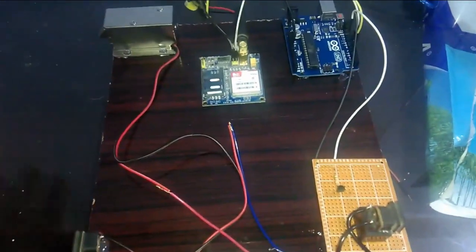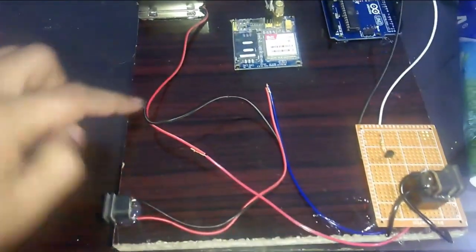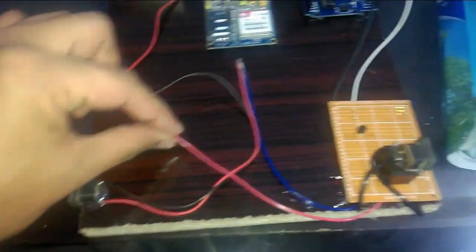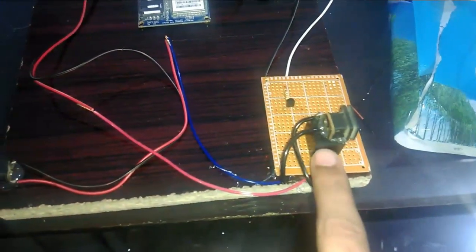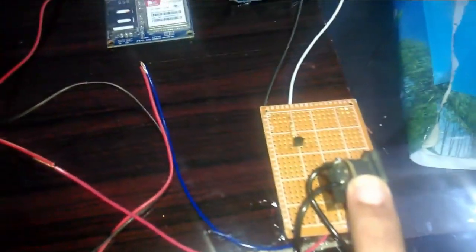So as you can see, all the components are interfaced as per the circuit diagram. Here is the electronic lock, and these are the two wires, and you can see one wire is cut and connected in series with the relay, which is the SPDT type relay, and this is the DC socket,